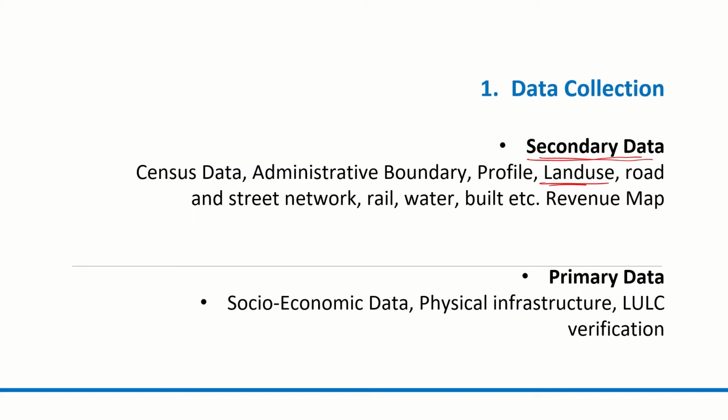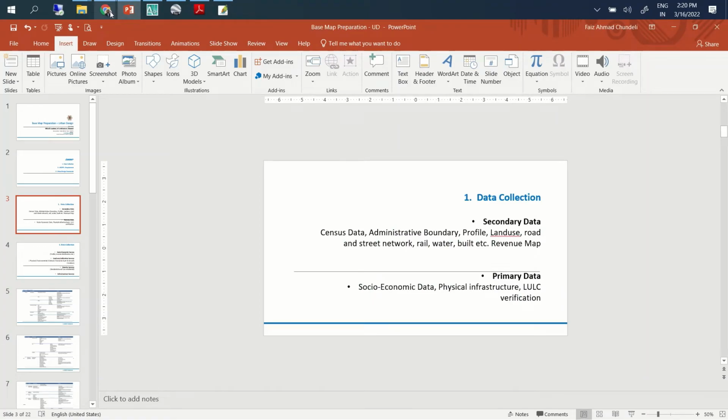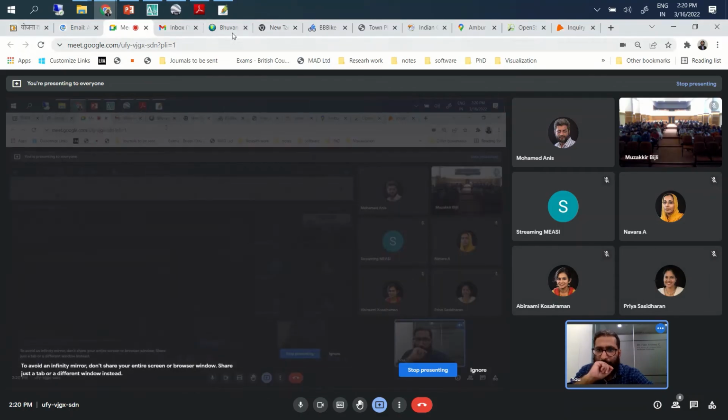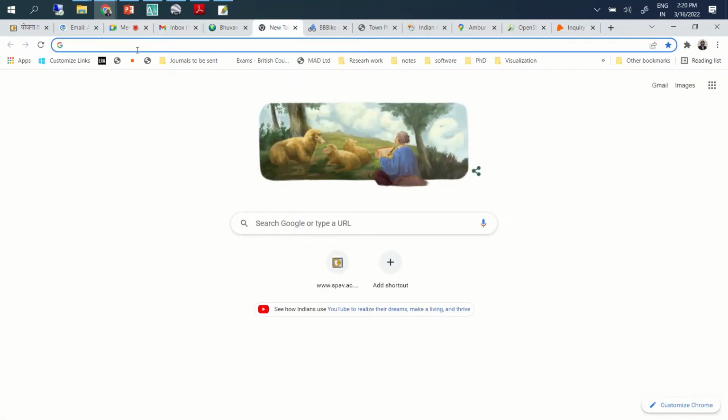Land use map. I was just checking the website.